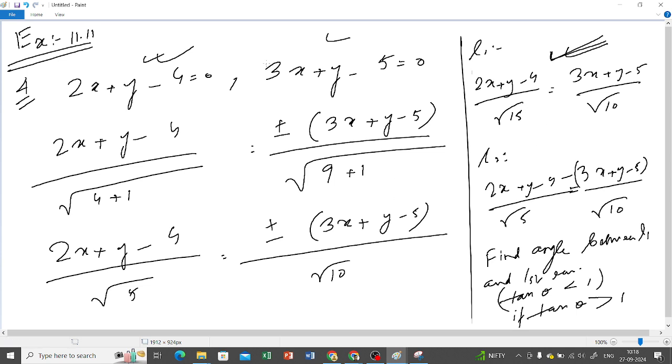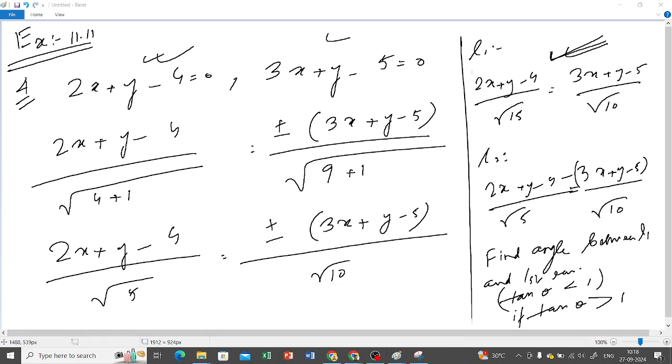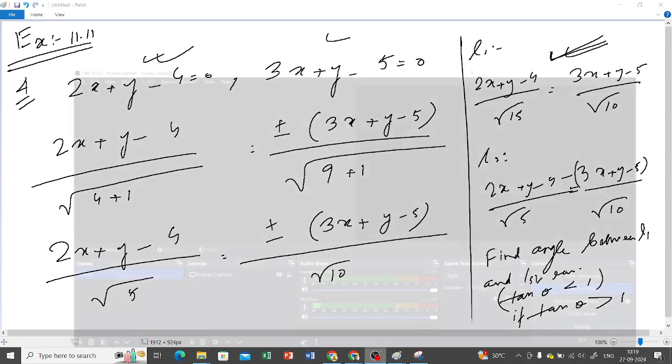বুঝতে পেরেছো? তাহলে কি করতে হবে তোমাকে? আমি এখানে জাস্ট দুটো বাইসেক্টর বানিয়ে রেখে দিলাম, তোমাকে এটা সলভ করতে হবে, ঠিক আছে? তারপরে ফাইন্ড আউট দ্য অ্যাঙ্গেল বিটুইন L1 and the first equation. Find out tan theta. If tan theta is less than 1, then L1 is the bisector of acute angle. If not, then L1 is the bisector of the obtuse angle. If L1 becomes a bisector of acute angle, then of course L2 will be the bisector of the obtuse angle, right? That's the whole point. ঠিক আছে, এইটা তুমি হোমওয়ার্ক করবে।